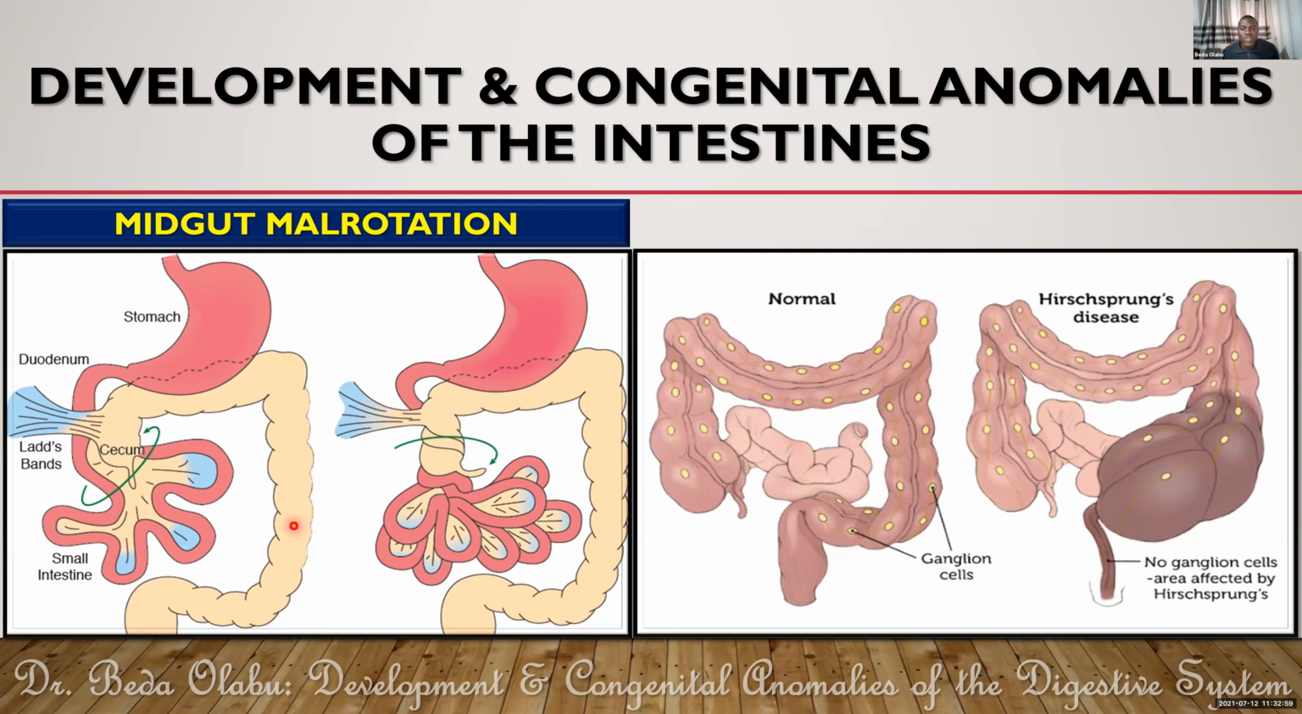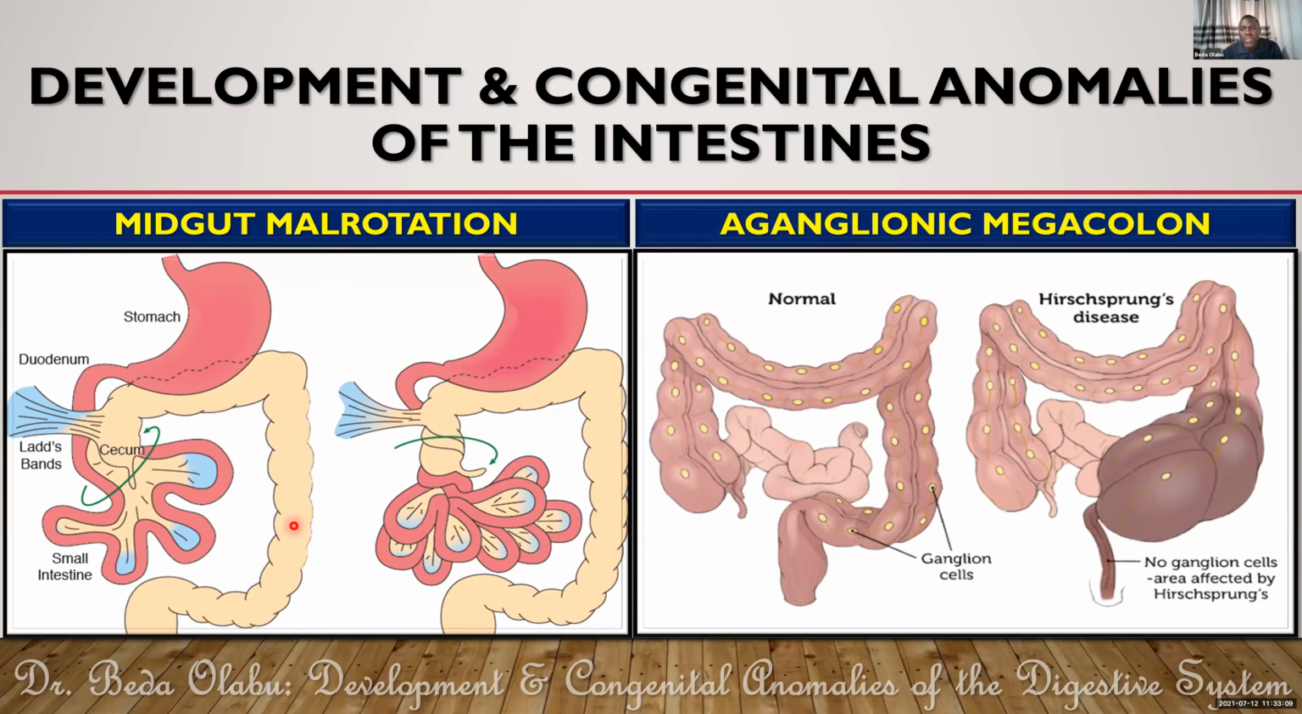Perhaps the large gut did not do the total 270 degrees, 90 plus 180. Now, another anomaly that I want to talk about is what we call aganglionic megacolon. In aganglionic megacolon, there's a problem with migration of the neural crest cells. The neural crest cells migrate into the GIT that's developing, as we indicated, and this gives rise to the enteric nervous system. If the neural crest cells do not migrate up to the lower end,